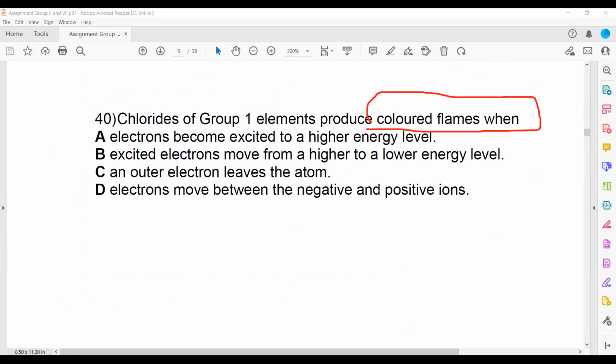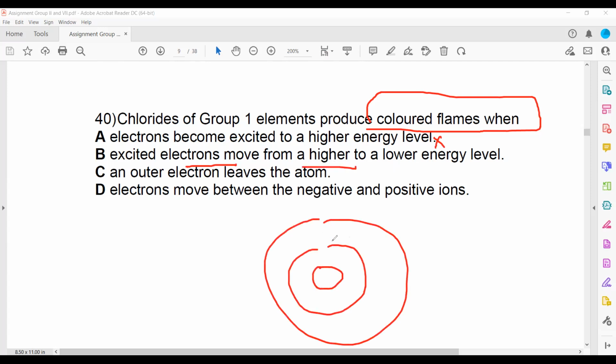So the electron becomes excited at a higher level, that's the absorption. That's not the emitting. But the excited electron moves from higher. So when we have the shells, when the electron jumps from lower to higher, it is absorbing energy. But when it returns back, it releases energy, and that gives a specific energy that corresponds to the flame color. Sometimes, if the energy released is in the visible range, we'll see a specific